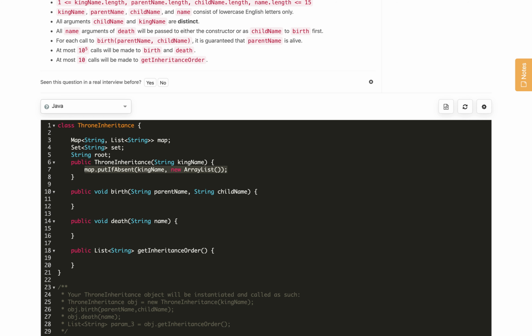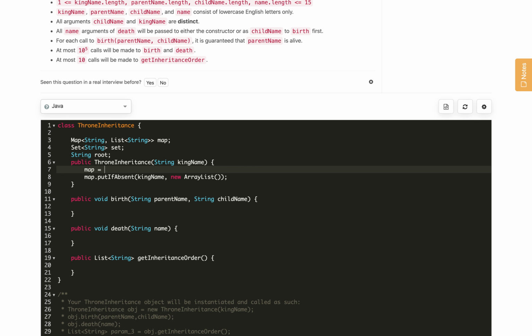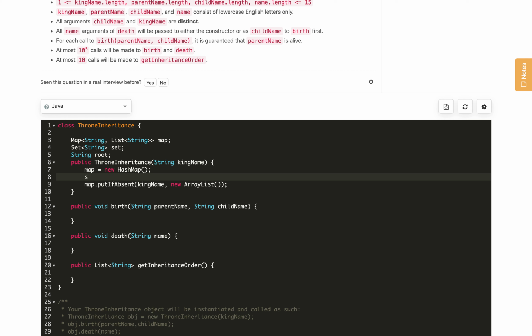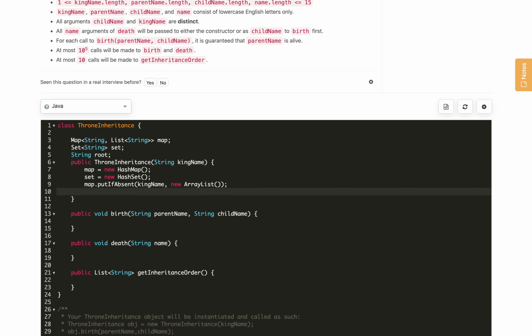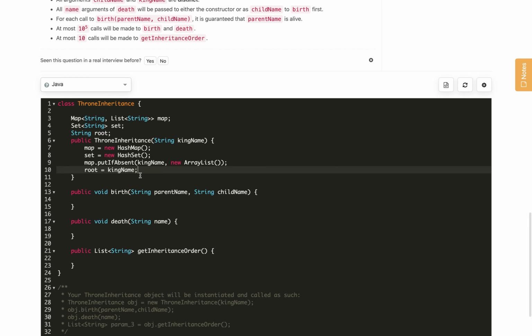So basically we need to add this, and also initialize the map with a new hash map before adding this, and also initialize the set with a new hash set, and also let's mark this root as the king name. So this is how we initialize the class and we are done with the constructor.